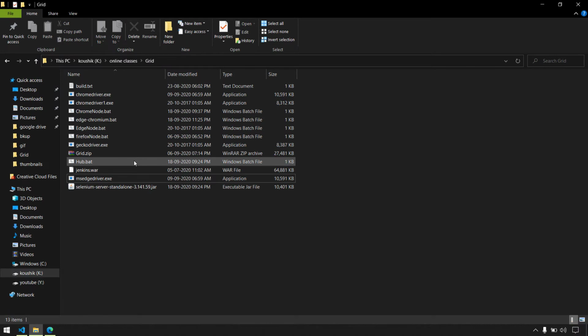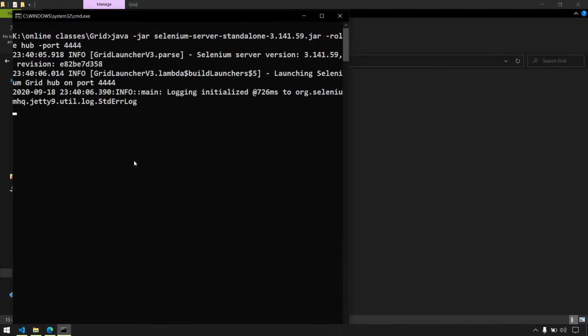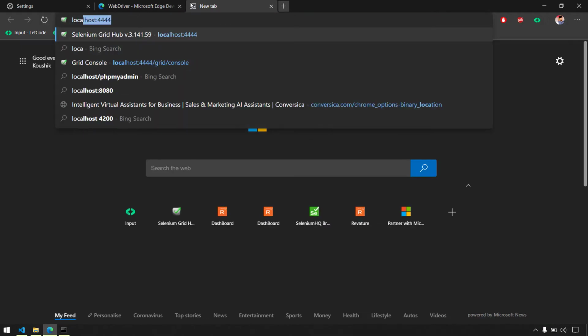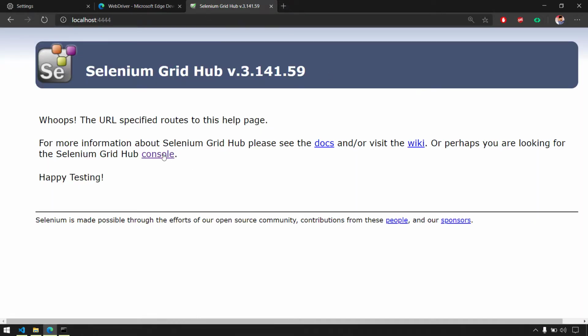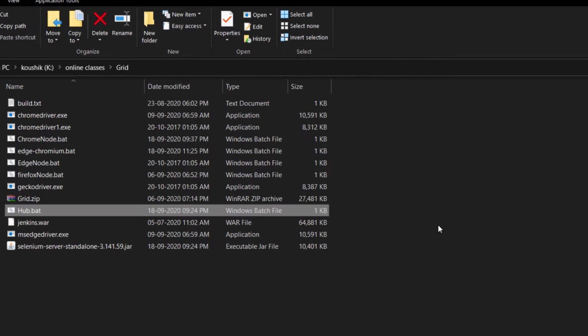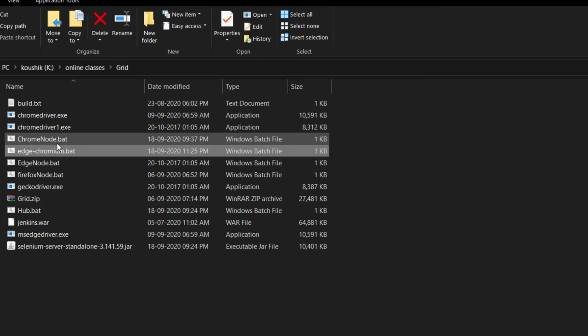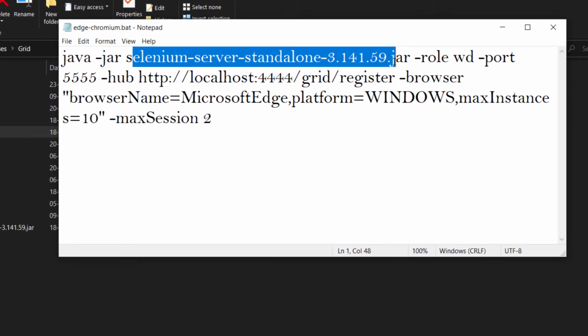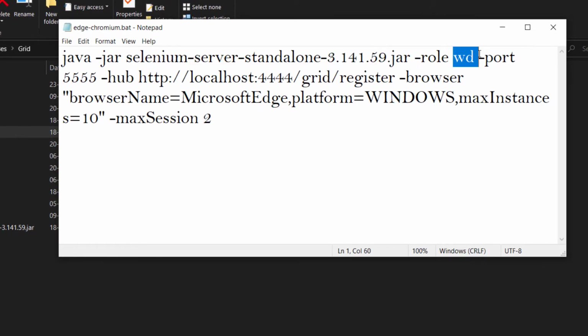Now, of course, we have to start our hub first. It's going to run on port number 4444. If you go to this console, no node is connected as of now, so we are going to connect the Microsoft Edge Chromium node here. If I right click and edit, you can see very simple code: java -jar and the standalone file, and then we are specifying the role as webdriver, that is node, and we are specifying this port number, and we are also asking it to connect to this particular hub that is running on 4444.